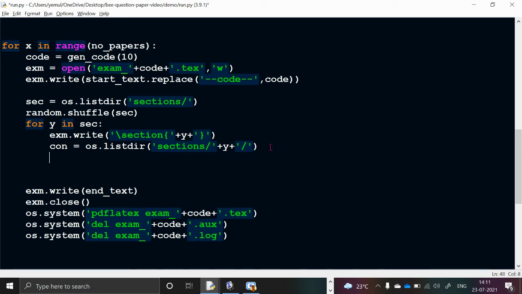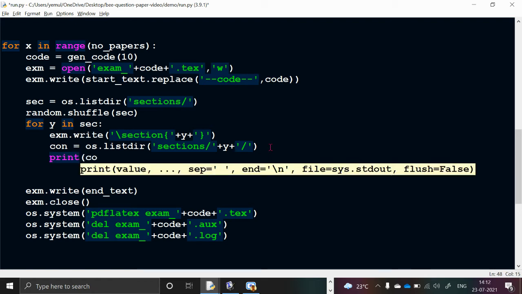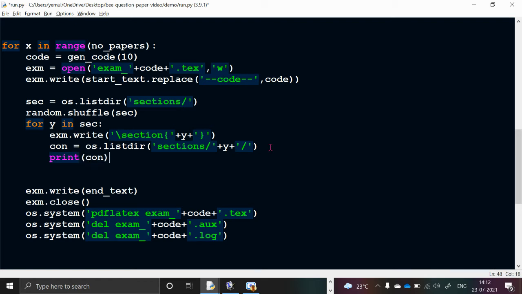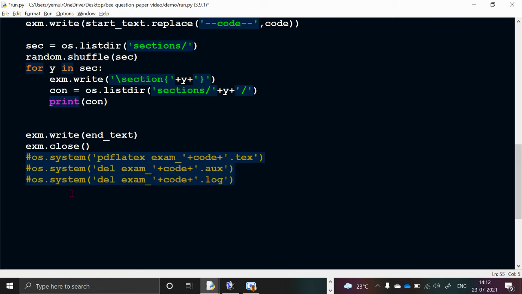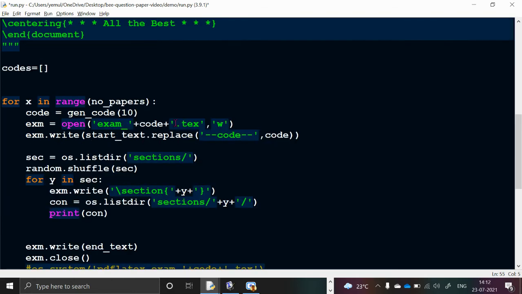So here I will simply say print con. So just I want to just check whether it is doing like this thing. Now here I will comment out the PDF part. Okay, the execution of LaTeX part I will comment out, because right now I just want to see whether the sections are being listed properly.